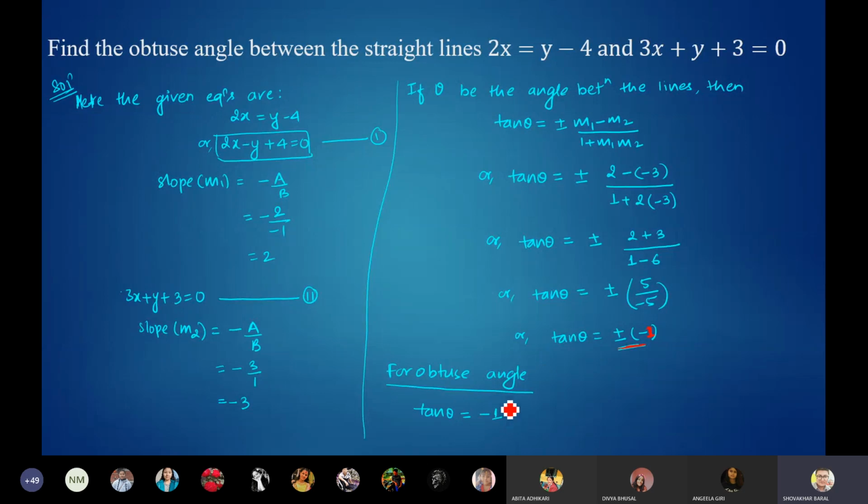So tan theta equals minus 1. So if you solve it, then theta is equal to minus 45 degrees, tan inverse of minus 1. If it is negative, then what you need to write here is the positive angle. So 180 minus 45 degree. If you go through the calculator, your calculator will display minus 45. In such case, what you need to do is 180 minus 45, which is 135 degree.